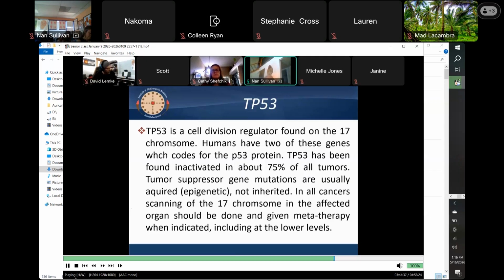Then you want to go deeper into 17 because there are so many genes and some of them are not identified. It doesn't matter because you're going to treat every single one. You're going to go inside the cell to turn off, or basically try to get rid of, 4s, 5s, and 6s inside the DNA, chromosome 17.